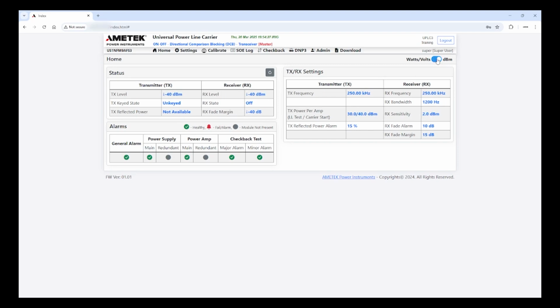The web page updates every 5 seconds, but if you want to immediately update, click the refresh button located here. On the home page, status shows the current state of the UPLC3. In this case, the transmit power is minus 40 dBm and unkeyed. The receive level is minus 40 dBm, and the receive state is off. The reflected power is unavailable because we are not transmitting, and the measured fade margin is minus 40 dB since